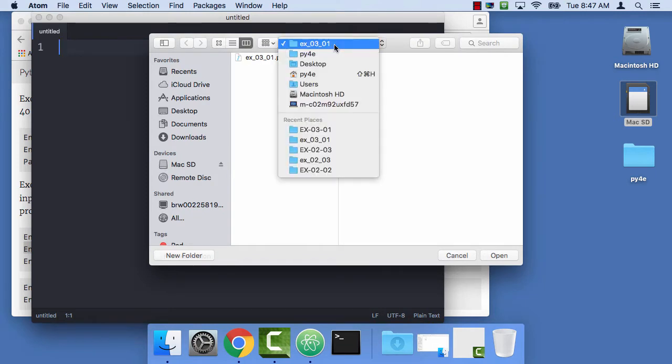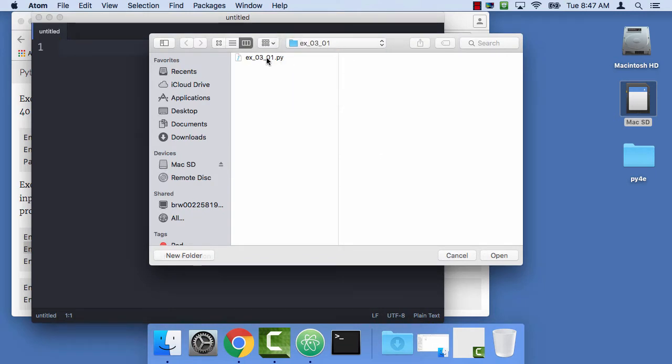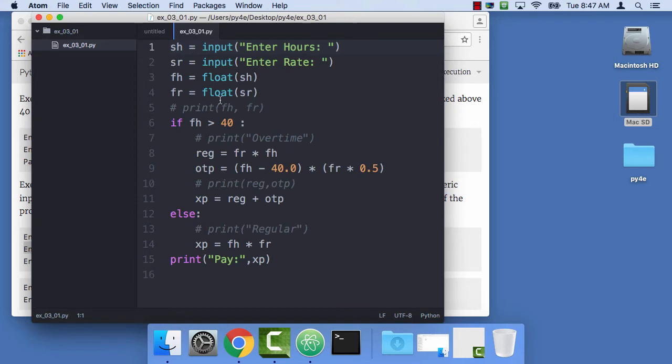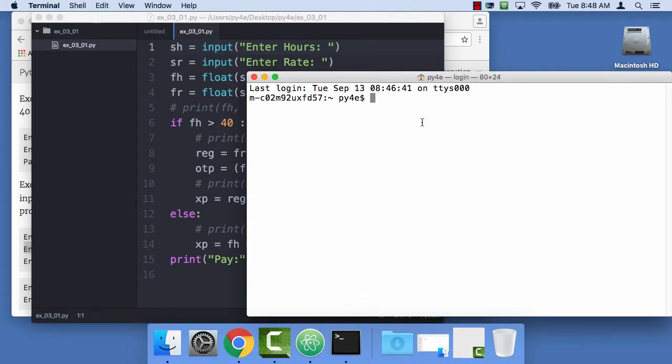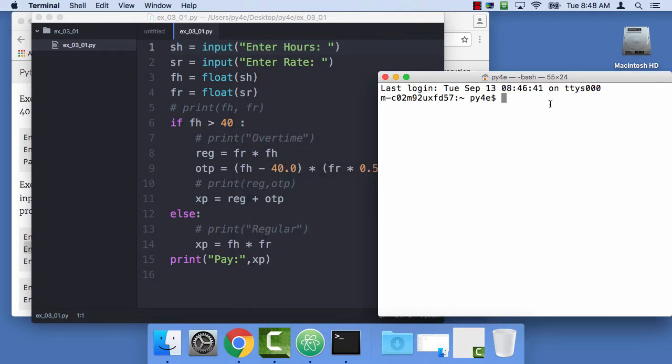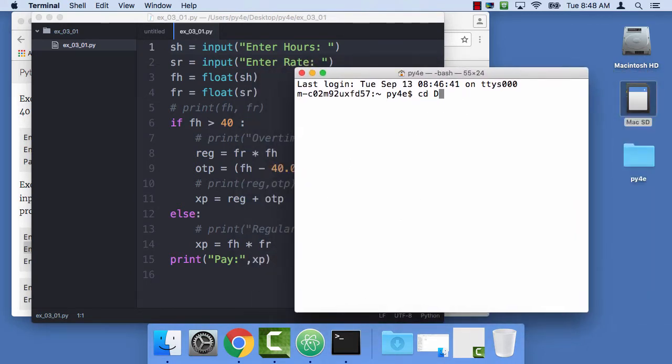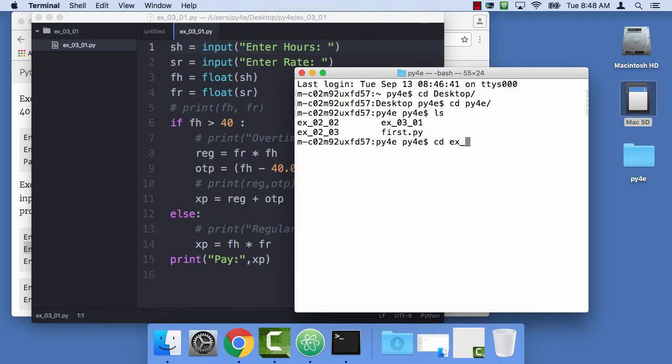And so this happens to be right here, EX0301, and there's my previous program that I wrote for exercise 3.1. And let me set myself up with Python so I can actually run it. CD desktop, CD py4e. These will get better. CD EX0301, ls, and I can say Python 3